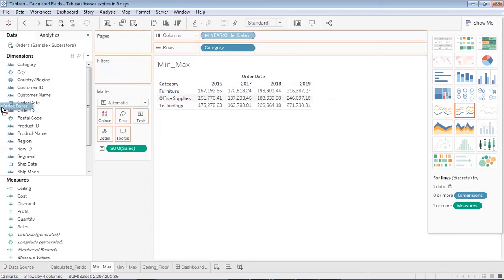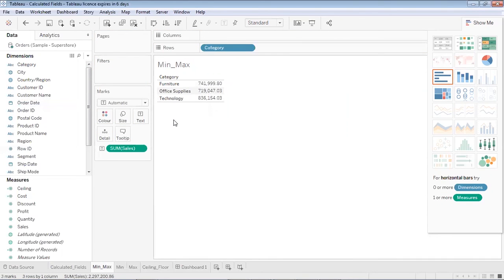Now let me do one thing. Now when I remove the order date, I see that this is the total sales of the furniture in the 4 years. This is the total sales of office supplies in the 4 years. This is the total sales of technology in the 4 years. But if I would like to see each individual sale value, like what had been the sales individually for each category, supposedly the products were sold each year for 365 days. So each day what was the sales, I would like to know that.